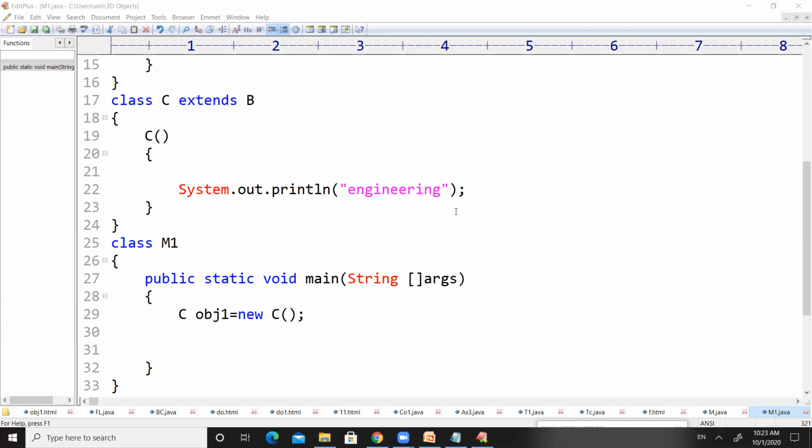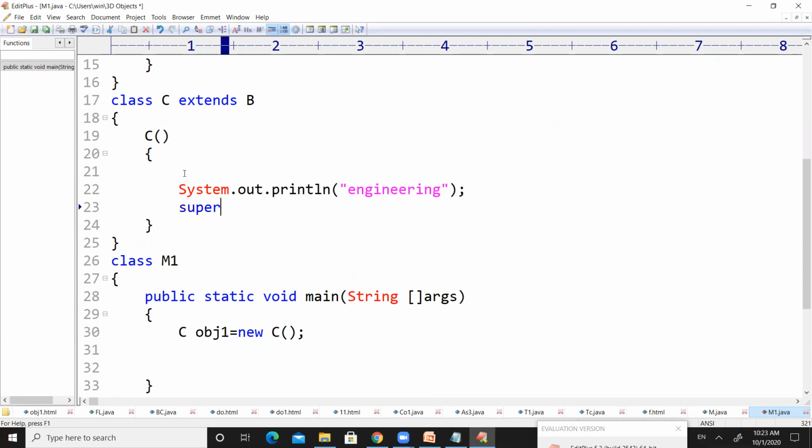For example, in constructor C, if you want to write the super keyword, just write it here. But don't write it at any other place inside the constructor. If you want to write the super keyword, make it the first statement inside the constructor, right? That is the first important point.